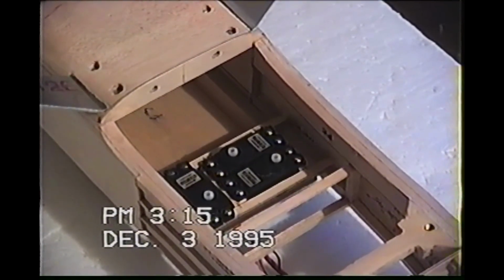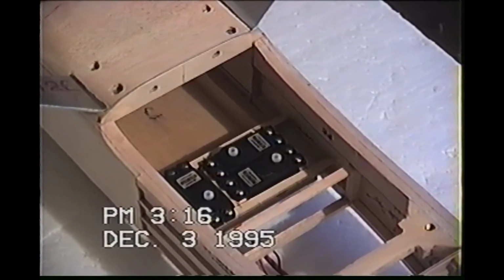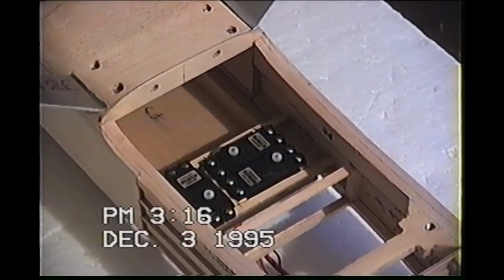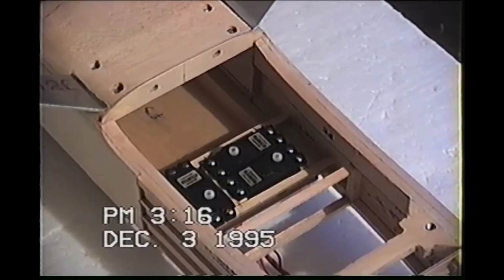Okay, here we are on day 59, I think. Starting to lose track. This is Sunday. Tomorrow will be 60, so I think that's right. Here I have the servo tray installed, permanently installed. I tried to get as far forward as I could, and my servos are upside down. I've never done this before, and this will probably be how I'll have to do the Bonanza as well,